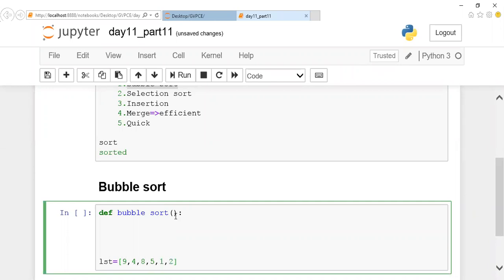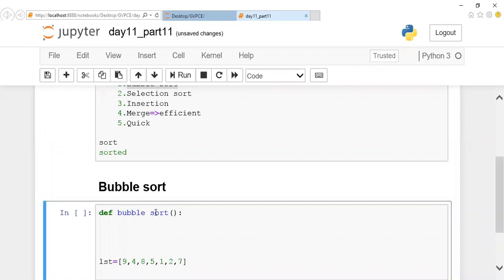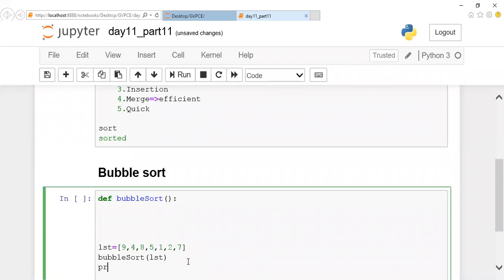It's up to you, okay? I'm just writing randomly like this. Just fill this logic part alone. That's fine.